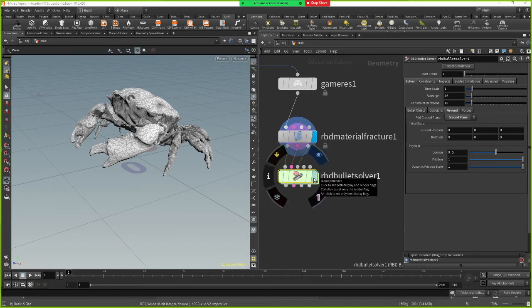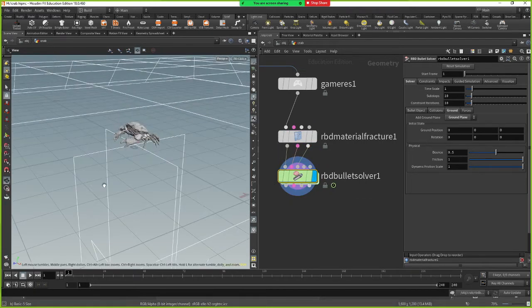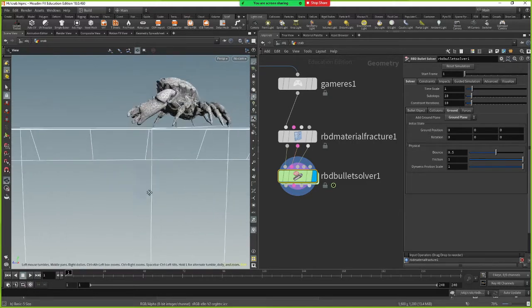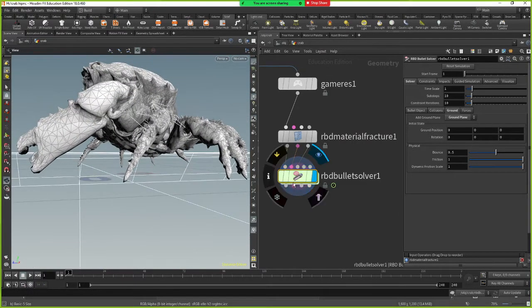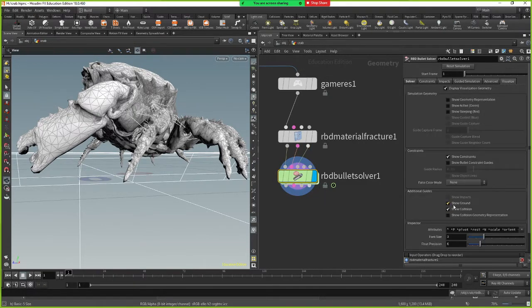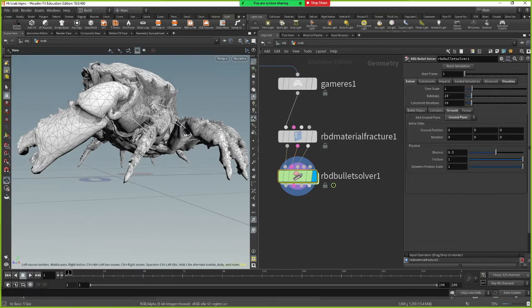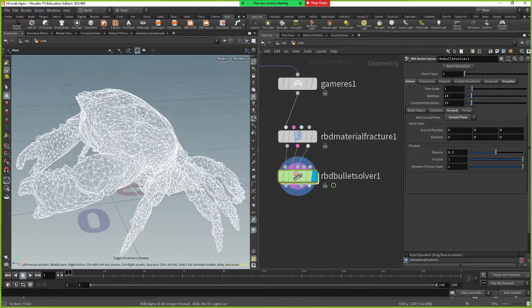Oh, the reason we don't see it is because the viewing is not on this. Okay, cool. I placed the viewing on this. This is our ground plane. And I would like to hide the ground, visualize, hide the ground, go back to the solver. So if I press W,